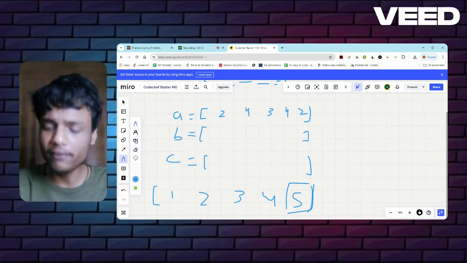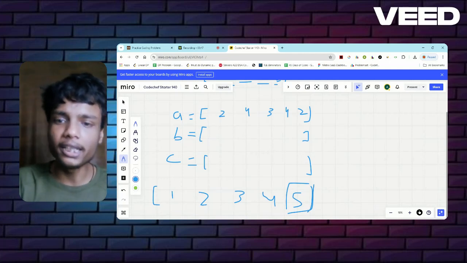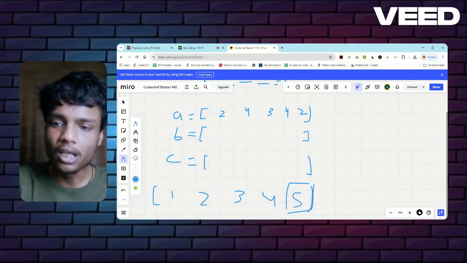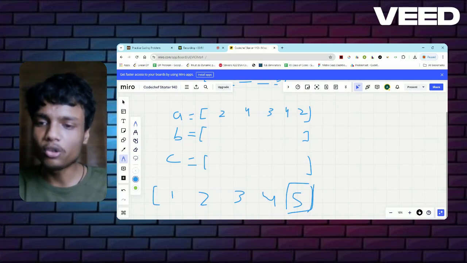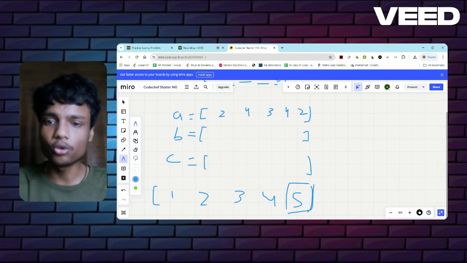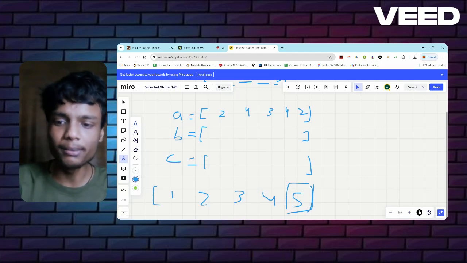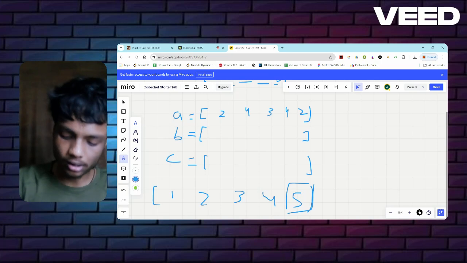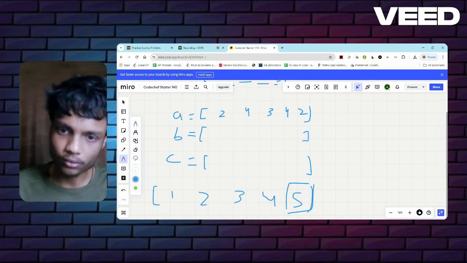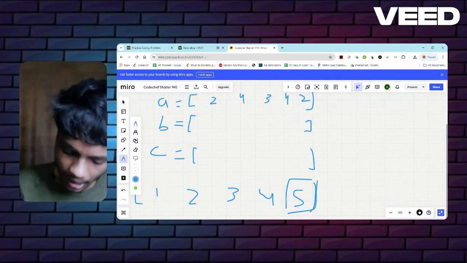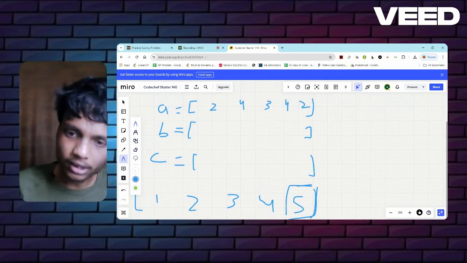Suppose I have selected the minimum element, and somehow in further cases I was not able to make the smallest element due to this. So that's why I'm selecting the maximum element and finding the max permutation till now. So yeah, since here is a 5, I want to make 5.